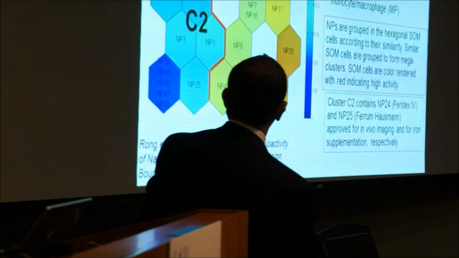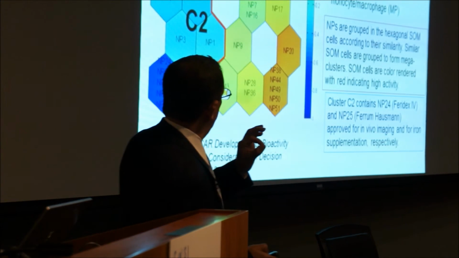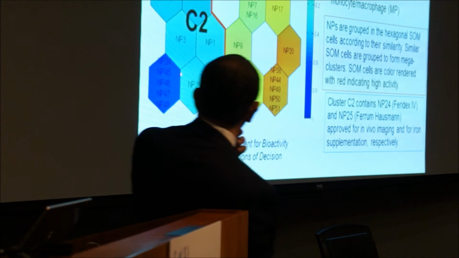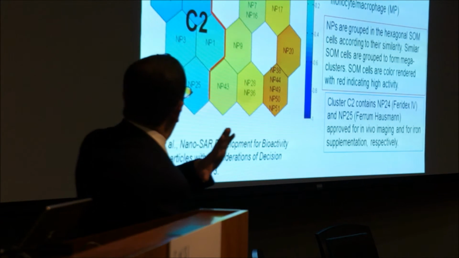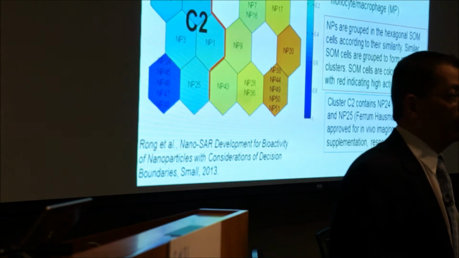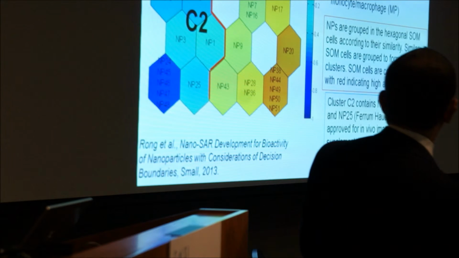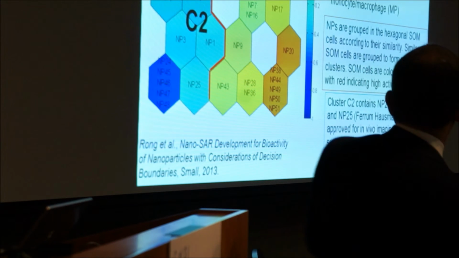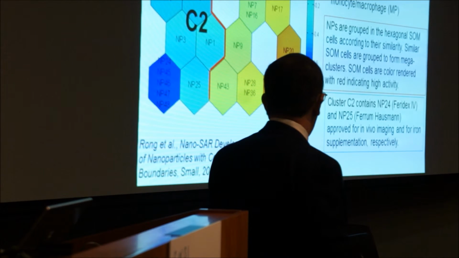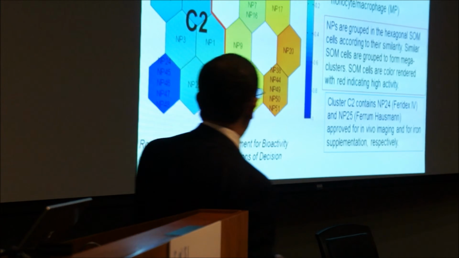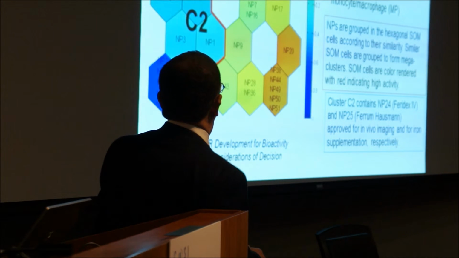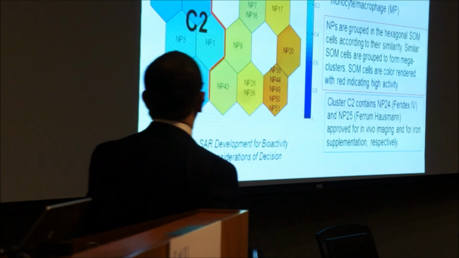But what I will show you are just two slides that show something interesting. This is from work that we have recently done, and this is with basically ferric oxide type nanomaterials that are modified in different ways and are used for imaging. And in this particular case, if you look at all the data that is based on various cellular assays, there are 4 different cell lines, different concentrations, and you just do what is called self-organizing map analysis.